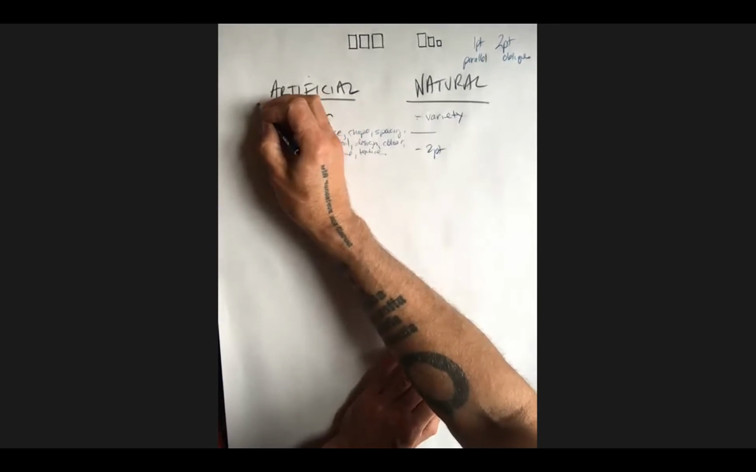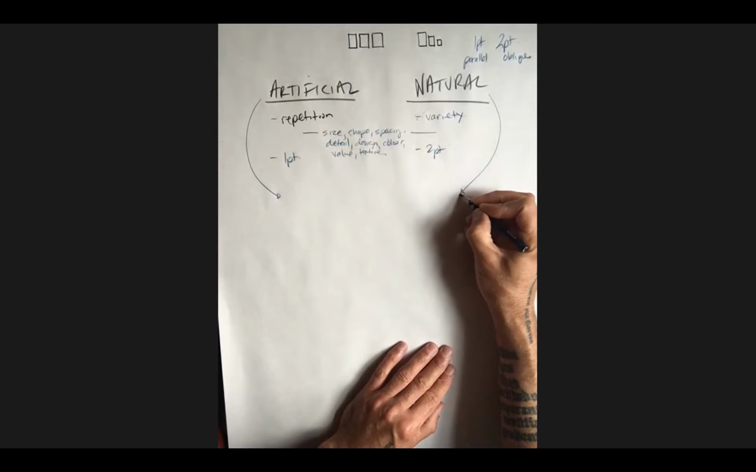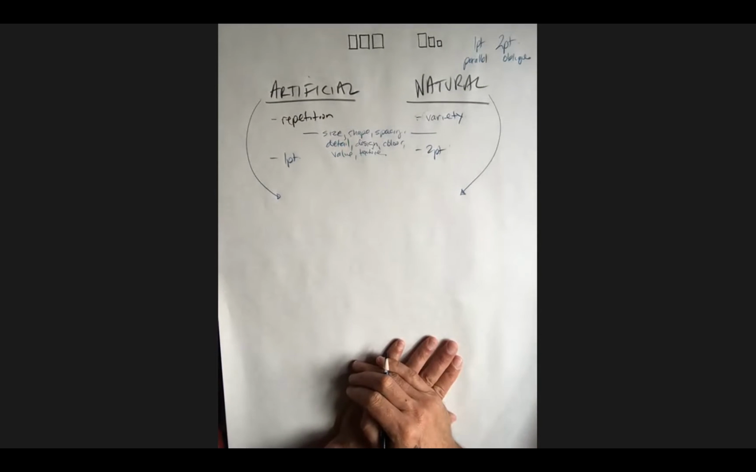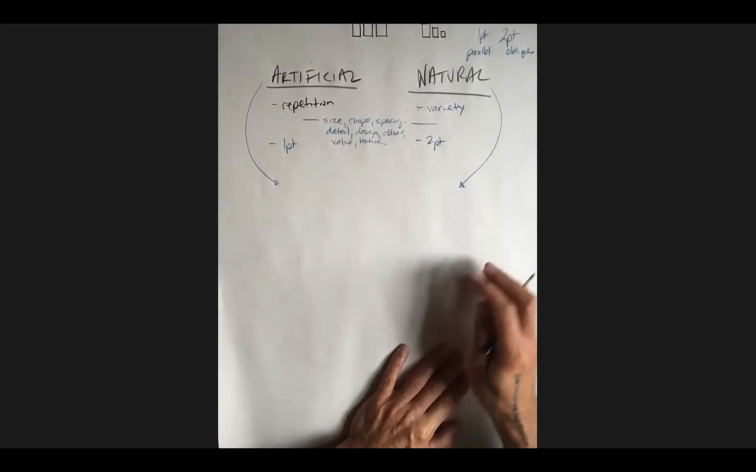Now, the reason these are important is because these have emotional correlatives. So when we design a picture like this, we're essentially designing an emotion. So if you had a picture,